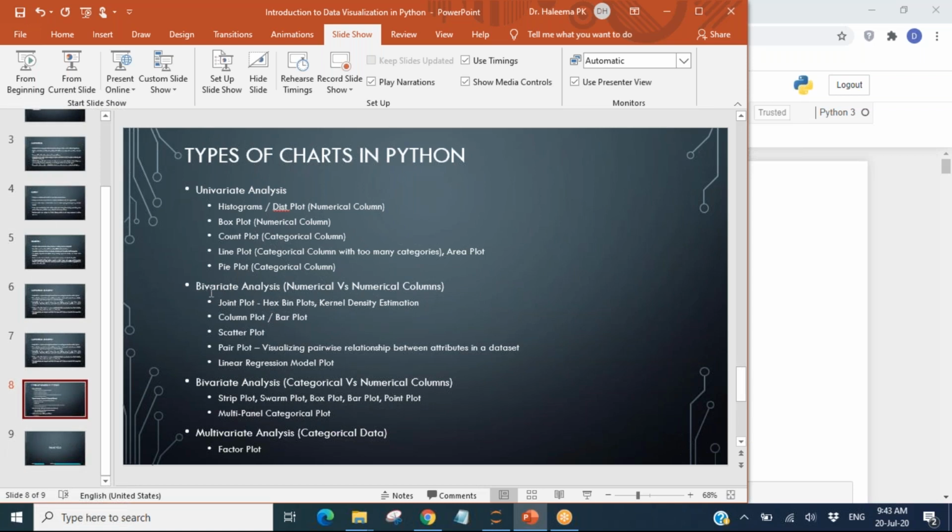Okay, so in this bivariate analysis, again, I am going to categorize them into numerical versus numerical. So both the variables that you are going to compare, if both of them are of numerical type, because the variables are categorized into numerical and categorical, there are two major categories. Okay, so if you want to perform an analysis on two variables in which both the variables are taking numerical